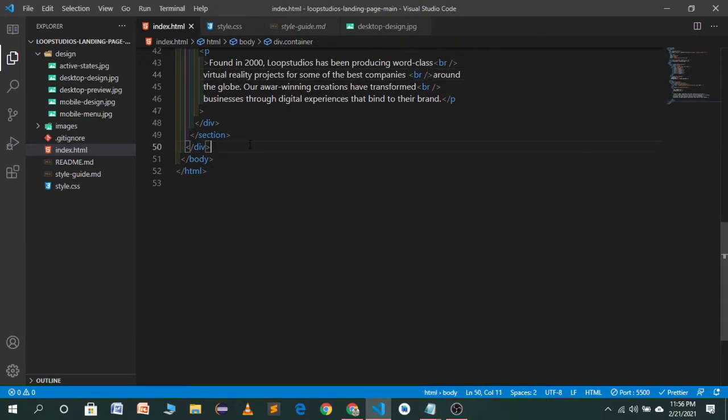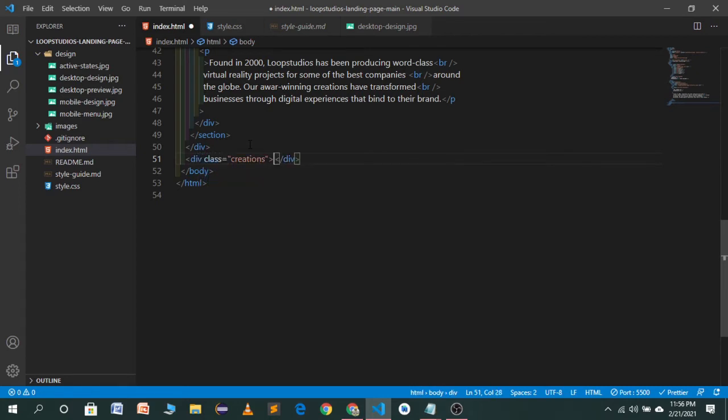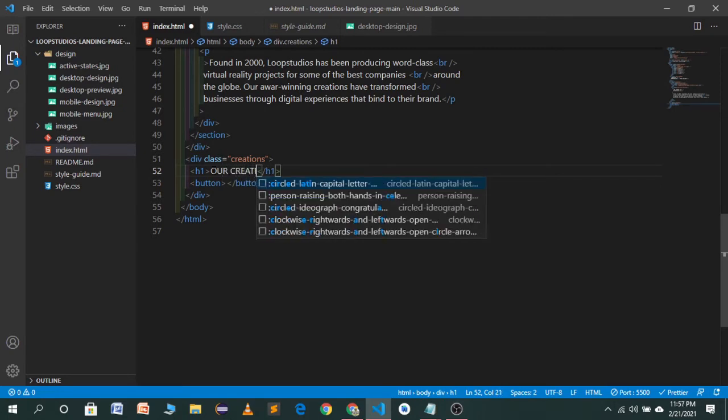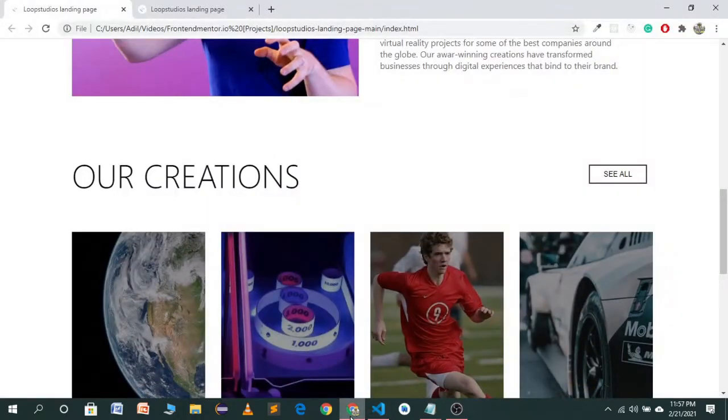Here we will have a div which will say creations, and in this div we have a heading and a button. So the heading will be our creations, and the button will be see all.